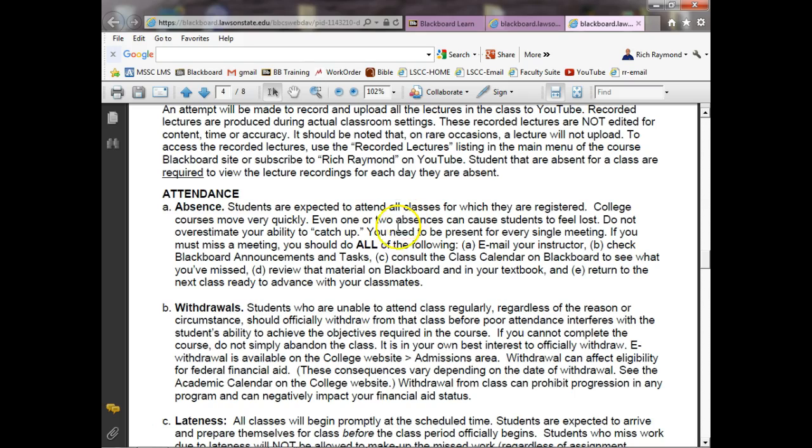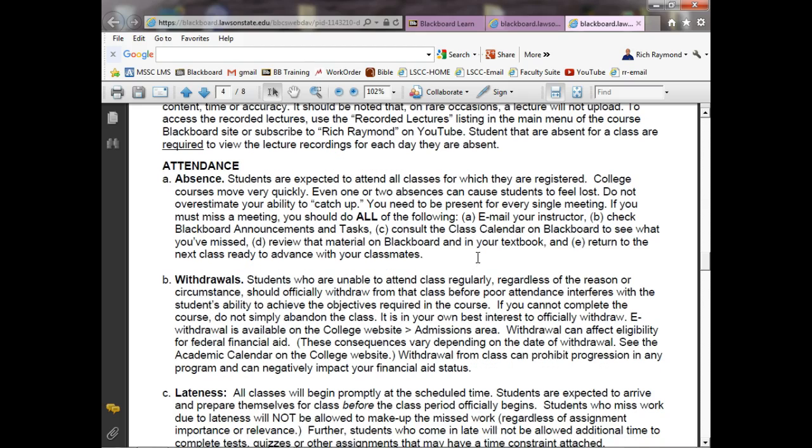Attendance. This class is a mini term. There's only 15 classes. Every class counts as 2 classes. If you're going to be absent, it's going to hurt you. If you're going to be absent multiple times, it's really going to hurt you. I cannot give you an incomplete for being absent. The only time I give incompletes is if you get called away on military duty,